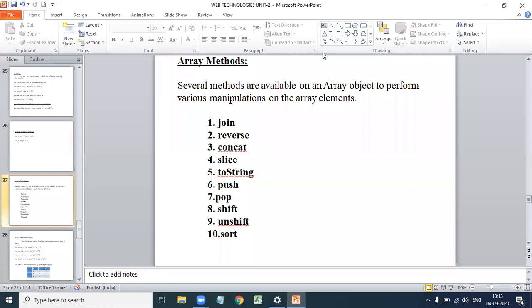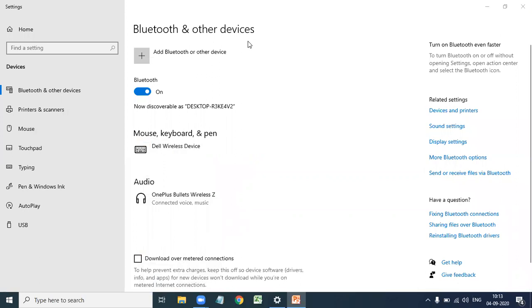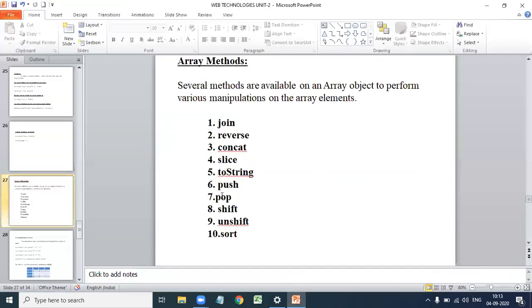The push method is used to append an element at the last position in the array, and pop is used to return the last element of the array.